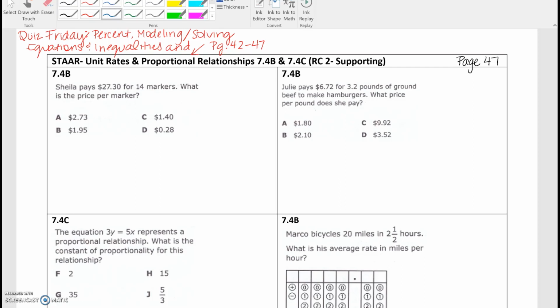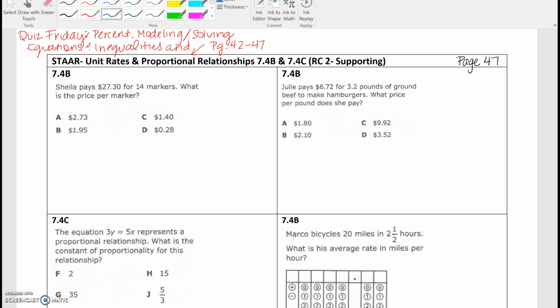Okay, guys, so today is our actual last day of reviewing specific concepts. And then all next week is our last week before our test, and we are going to just be doing mixed review over everything we've learned. So, tomorrow is your quiz, and it's going to cover all of the things we did this week. So percent, modeling and solving equations and inequalities, and then today's concept, unit rates and proportional